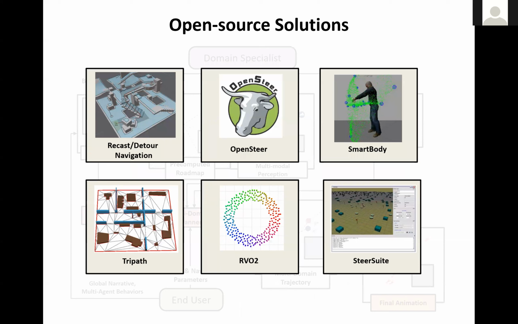Before I dive into the ideas that we have been looking at, I just want to present some of the open source solutions. These are a little bit outdated, but certainly worthwhile exploring for folks who are doing research in this area. A lot of these technologies make many of these solutions extremely available and accessible to you. And in recent iterations of these game engines, these solutions are often actually part of these game engines. So Unity, for example, has many of these technologies that you can just use out of the box.